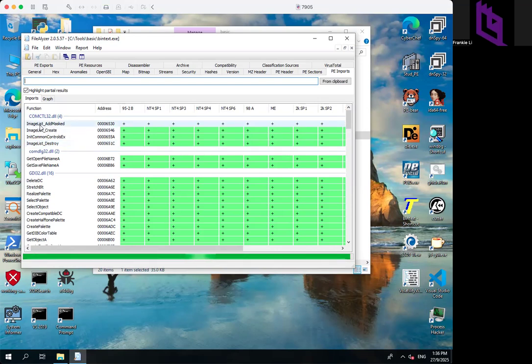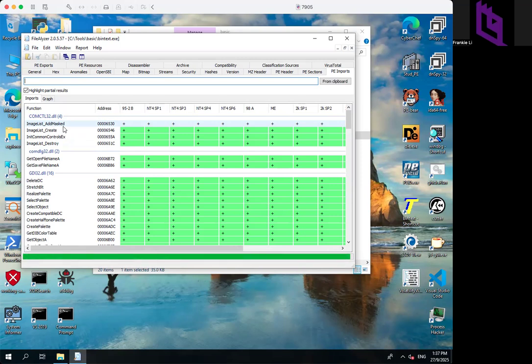And the first function is called ImageList_AddMasked. Let me see if I can show you in the same video how I can use the human mind to calculate the pointer mapping, changing from the raw to RVA. RVA means relative virtual address,